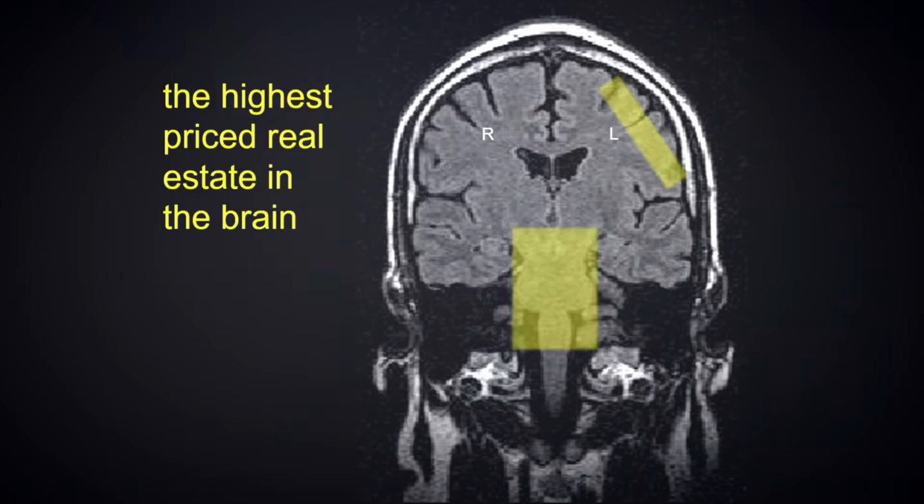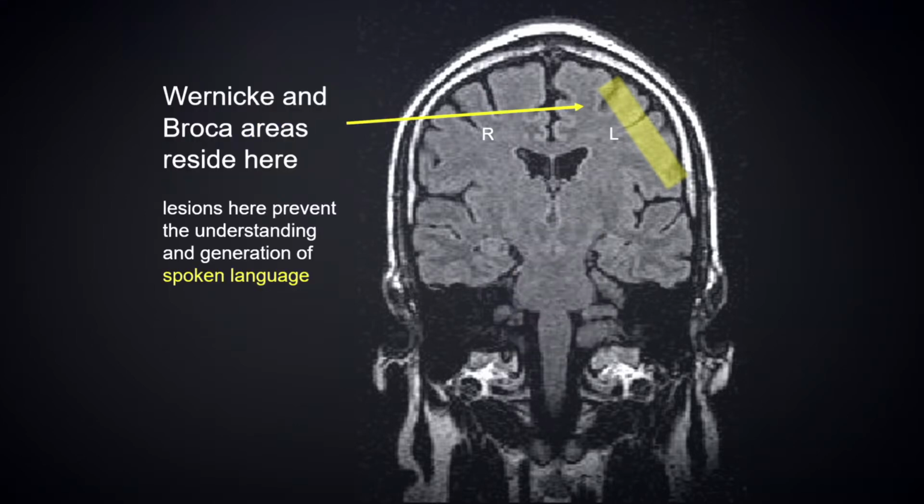And we call the brainstem, as well as the left hemisphere of the cortex of the brain, high-priced real estate. It's high-priced real estate because you can't really afford to mess around with it. Lesions of the left dominant hemisphere cortex can produce lesions of Broca's and Wernicke's area. Lesions of Broca's and Wernicke's area can produce the inability to ever understand spoken language or to ever generate spoken language. And so lesions of the dominant cortex of the left hemisphere have the ability to disconnect a patient from